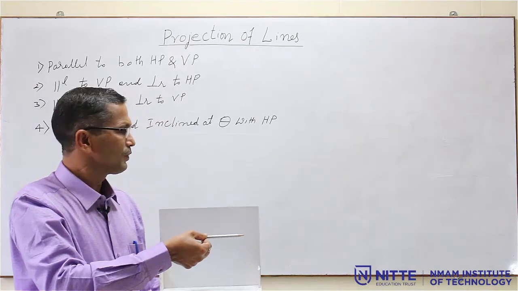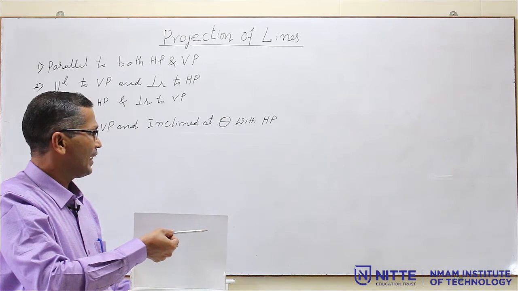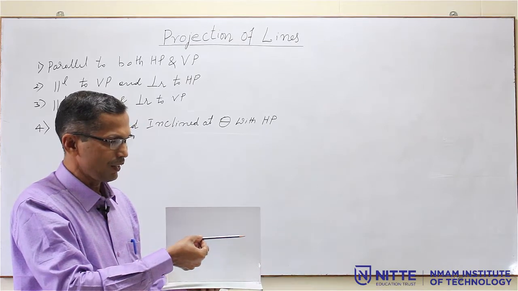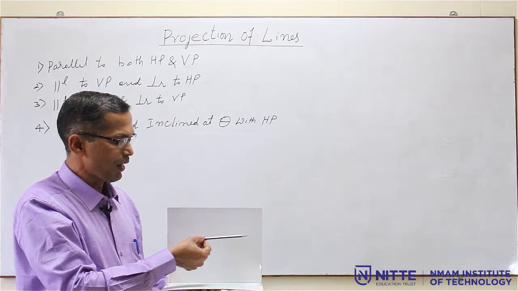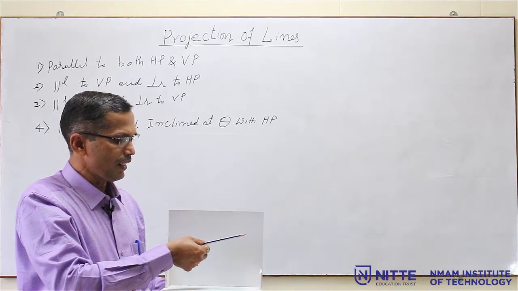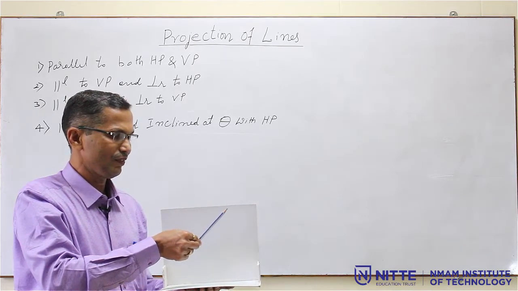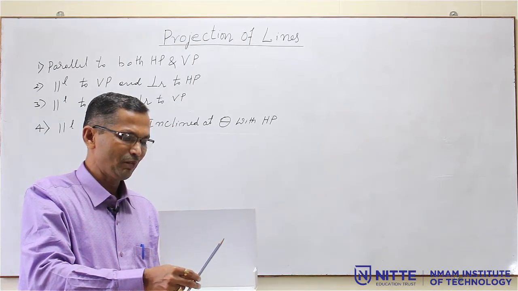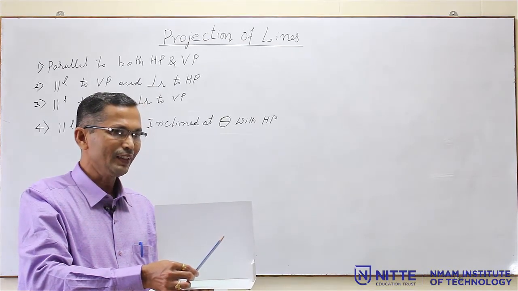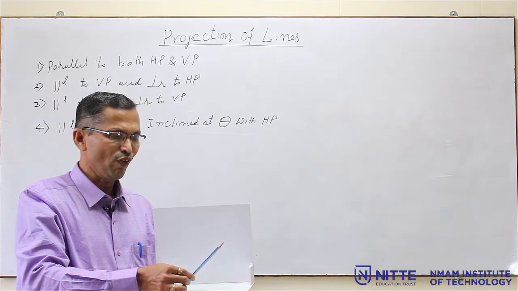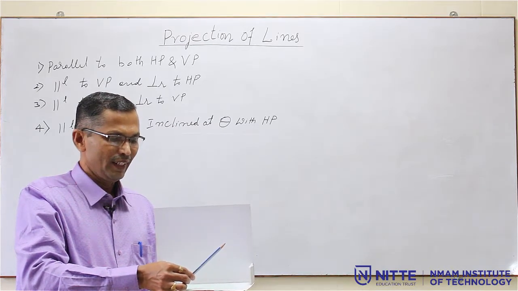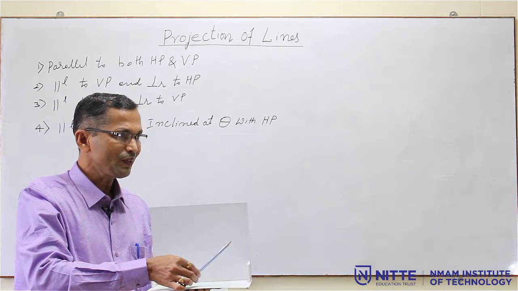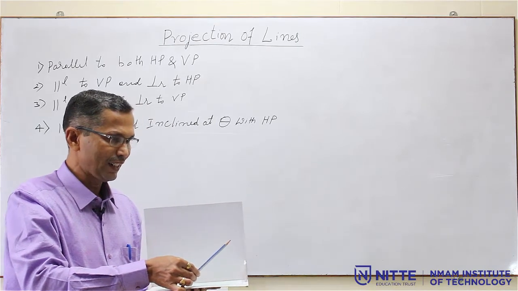But what is the fourth condition? So, it is parallel to VP and inclined at an angle of theta with respect to HP. So, you just see here, now it is parallel to both HP and VP, but it should be parallel to VP only, but it is inclined at an angle of theta, like this. If you place it on the ground, you can see here on the HP. So, what is this angle with respect to HP? The angle subtended, that is the theta. So, this is the fourth condition, that is parallel to VP and inclined at an angle of theta with respect to HP. So, that is the fourth condition of the straight line.